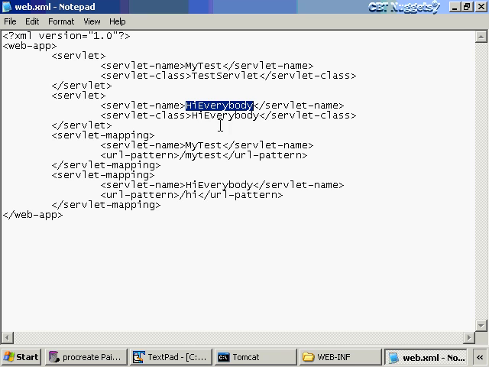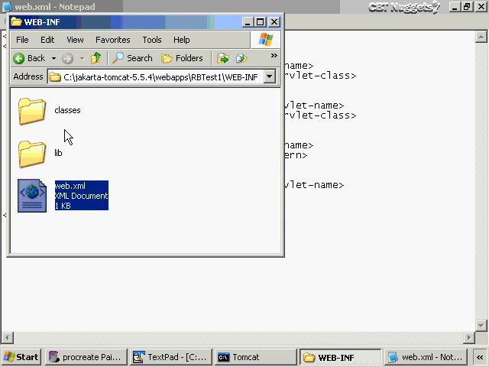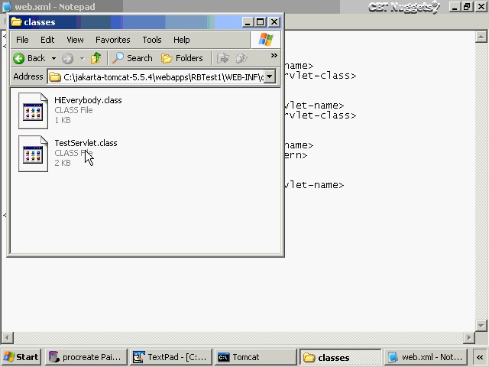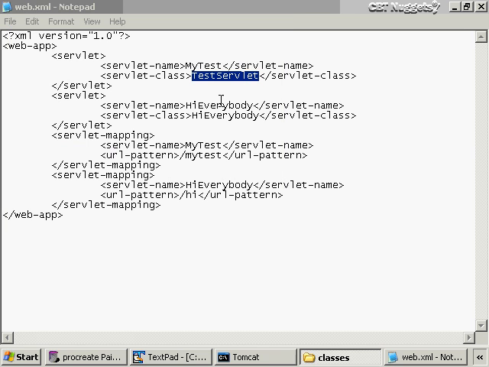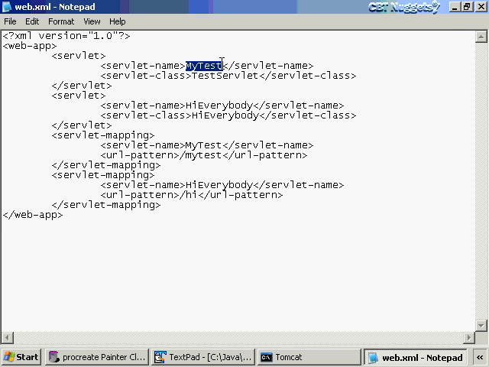So usually you'll have a one-to-one relationship here. Now, I can name the servlet whatever I want. It gives me some flexibility here. For example, here I've got a test servlet class file. As you can see in the classes directory, test servlet, but I named it my test. So, like I say, it gives me some flexibility. I happen to name it the same here, the name of the class file as well as the name of